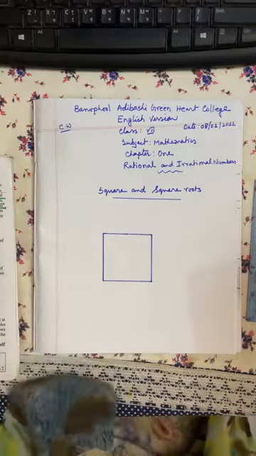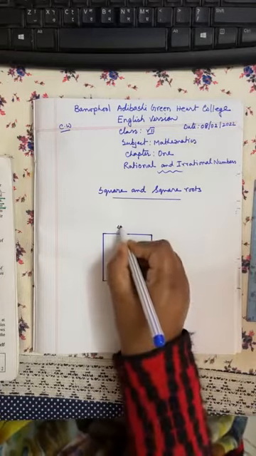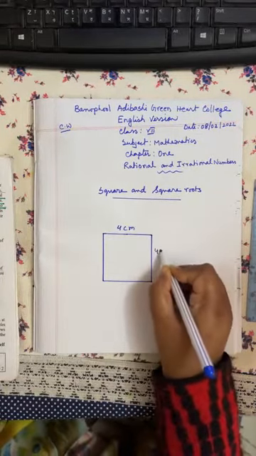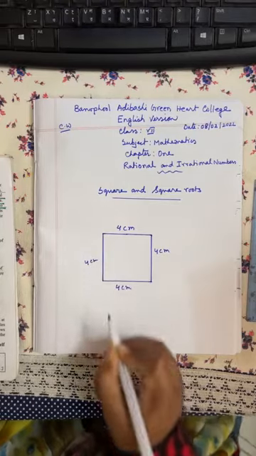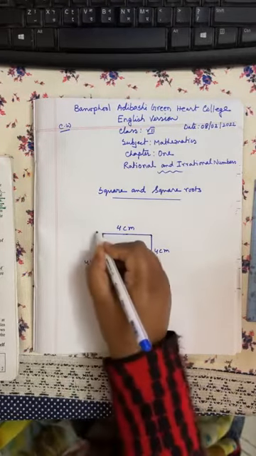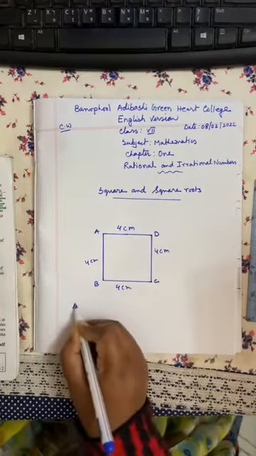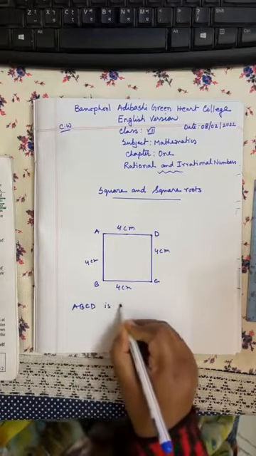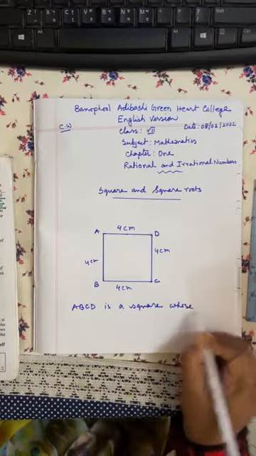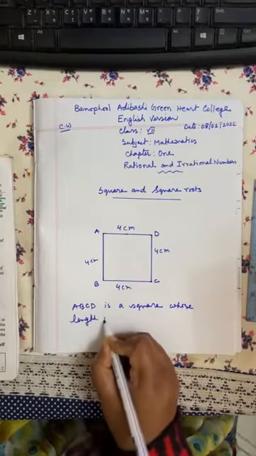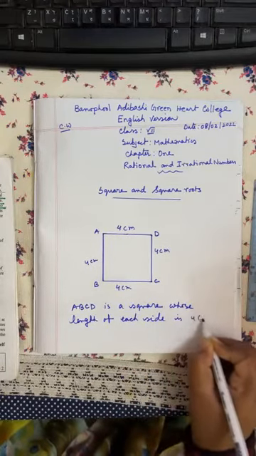Say this is a square. This is a square whose length of each side is 4 centimeter: 4 centimeter, 4 centimeter, 4 centimeter and 4 centimeter. So in this square, if ABCD is a square whose length of each side is 4 centimeter,